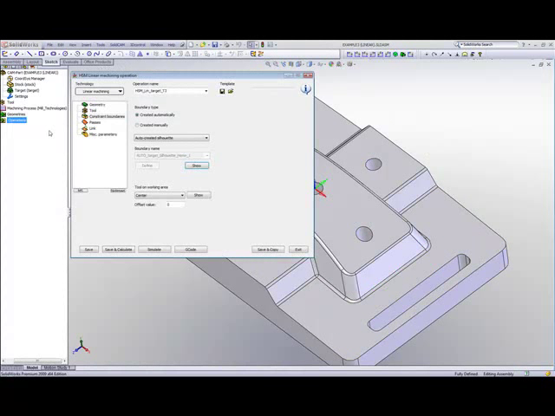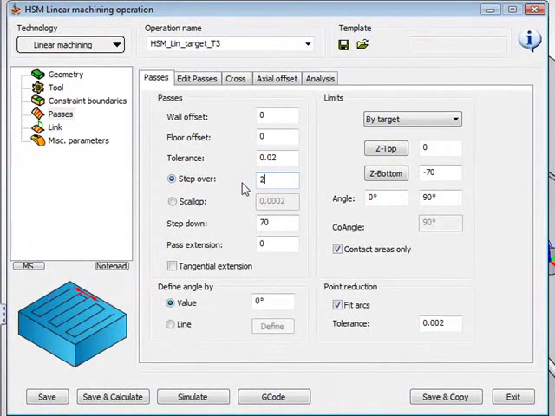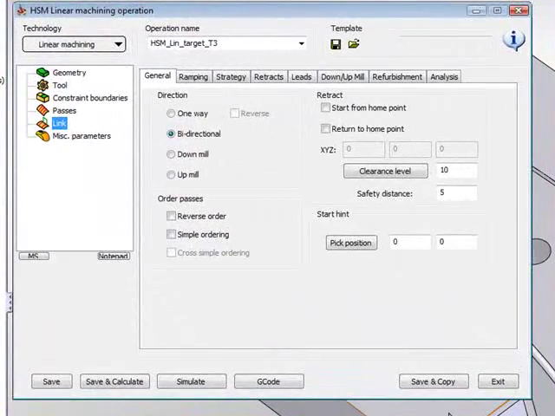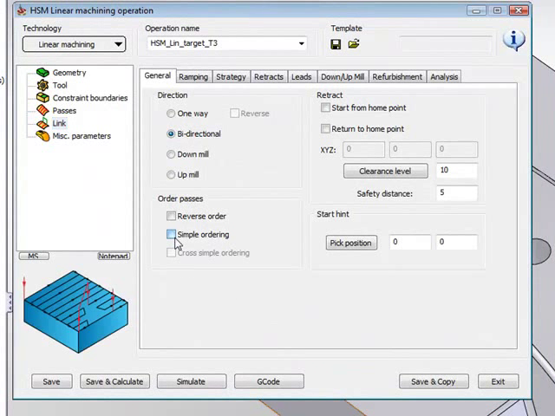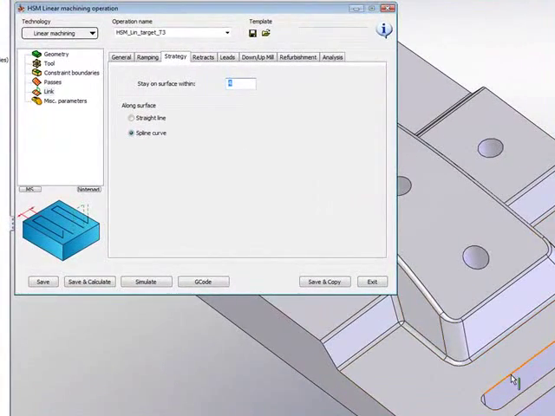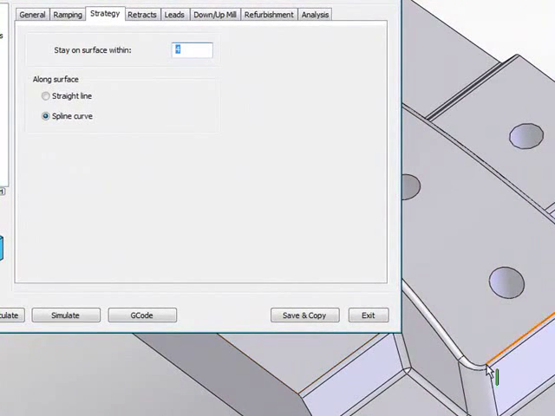Now, in my passes area, I'll make my step over every 2mm, and in my link area, I would like to have this go directly back and forth. So first of all, I'll have a simple ordering to have it go simply back and forth. But to go directly from one area to the next, I'll simply have, in my strategy area, stay on surface within. That means if the area over here is bigger than this value over here, it'll jump up. However, if this area is smaller than this area over here, it'll go directly to the next surface,